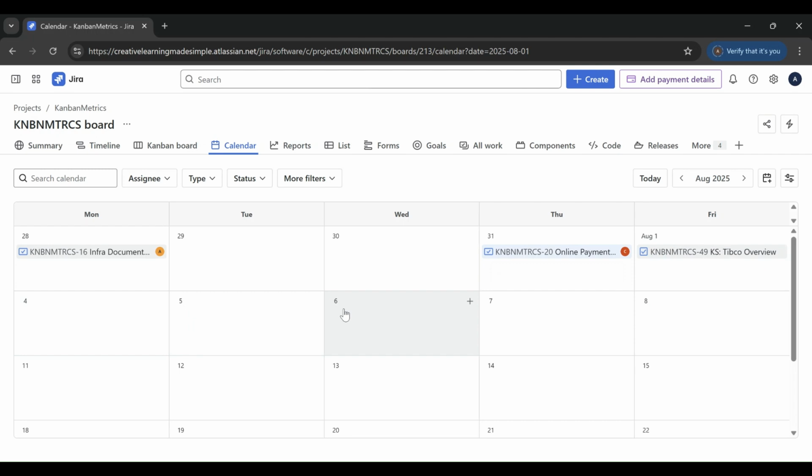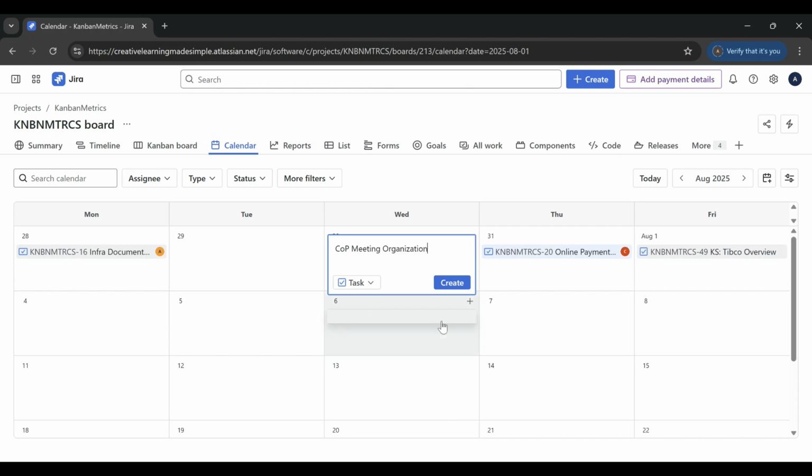It's not been captured in our calendar. So what we can do is we can simply click on the plus sign and say, okay, this is a task that we want to create, or we can change it from here as well. But I think task is good for this. And so we can say COP meeting